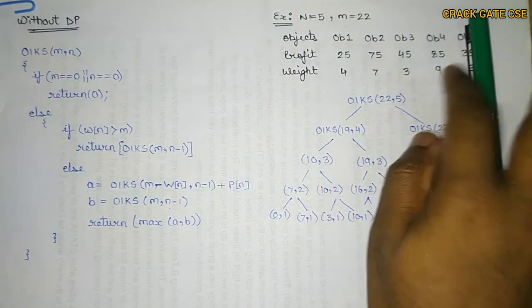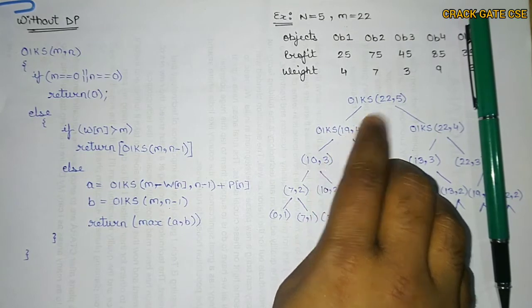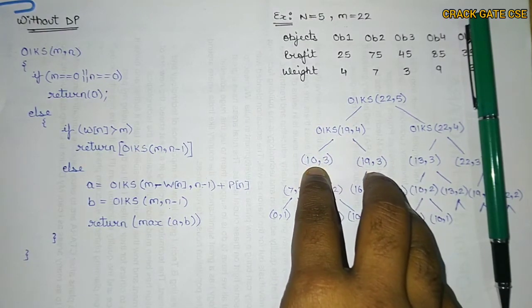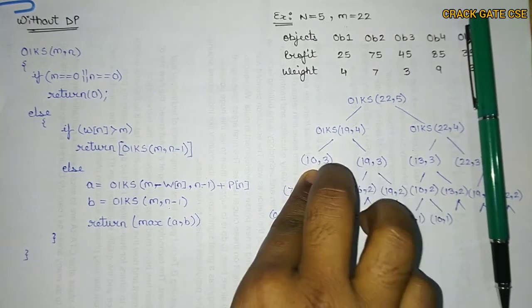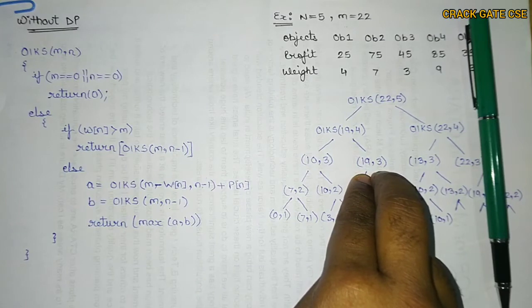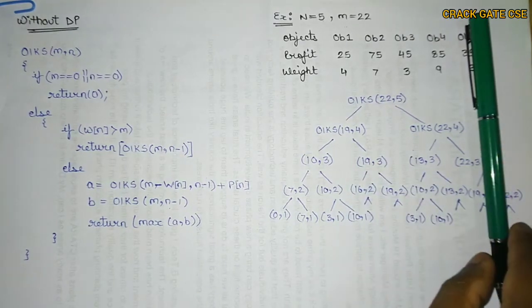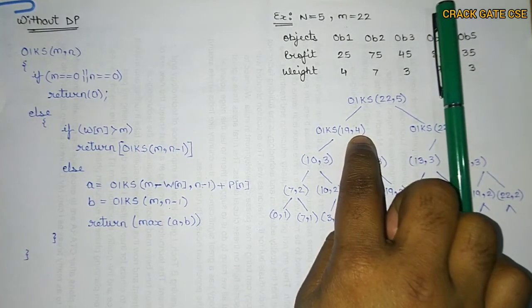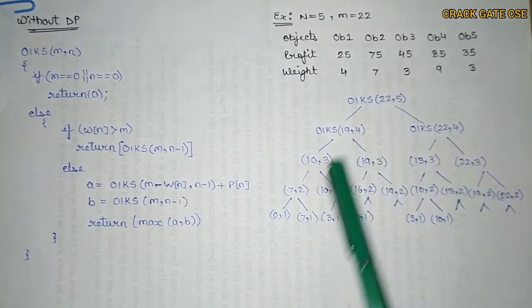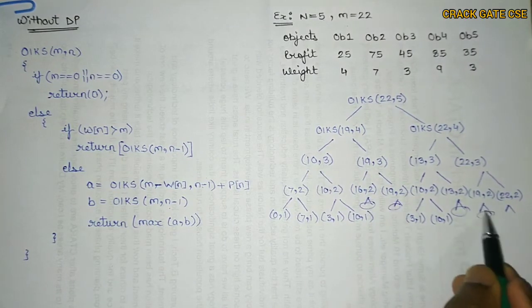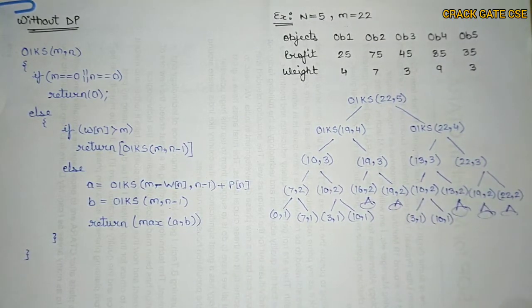If I kept it in my bag, then I have to subtract the capacity. That means I took 9, the earlier capacity was 19. Now if I keep this 9 kg object in my bag, the new capacity will be 10, and one object is gone, so the n value is 3. Here there may be a case where this object does not give me the correct answer, so I ignored this particular object 4. So the value is 19 comma 3, which is n minus 1. Similarly I expanded this tree. I have not expanded some places because of space, but you can expand it.